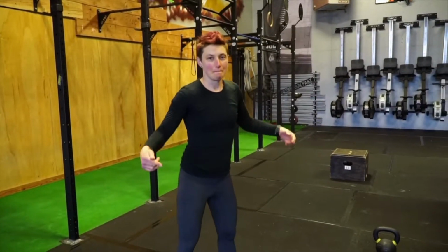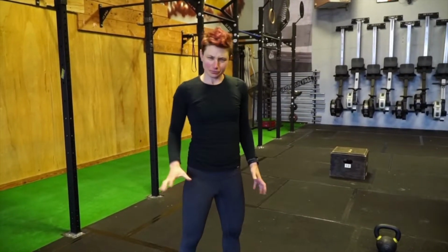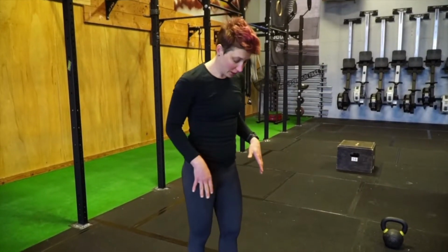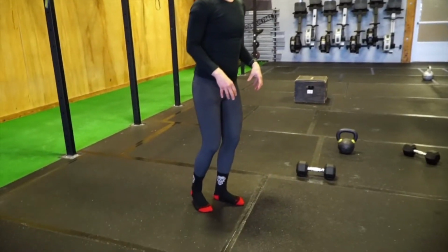Next up, we have barefoot single leg Romanian deadlifts. The emphasis here is on balance and stability. The reason I want you to do these barefoot is I want you to really start to grip the ground or the floor with your foot,